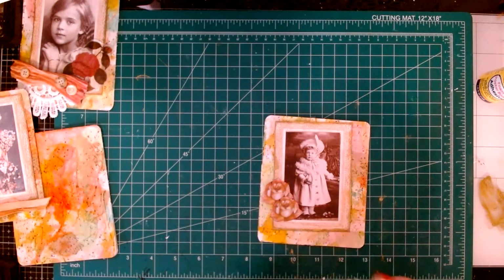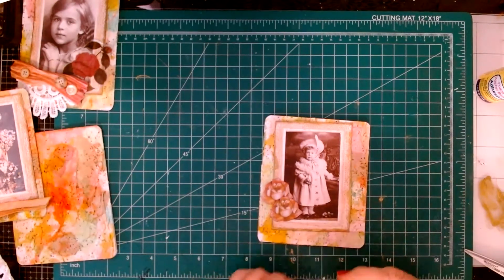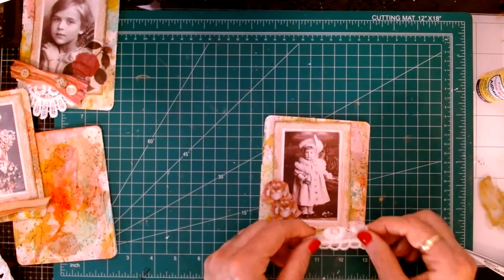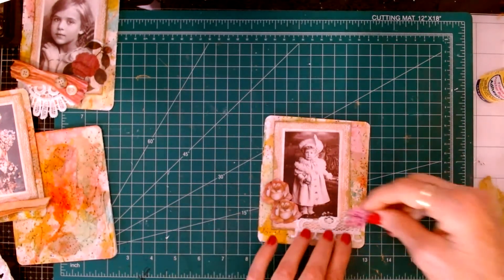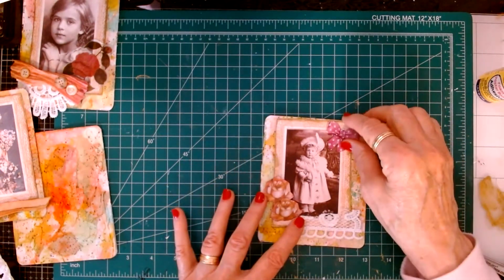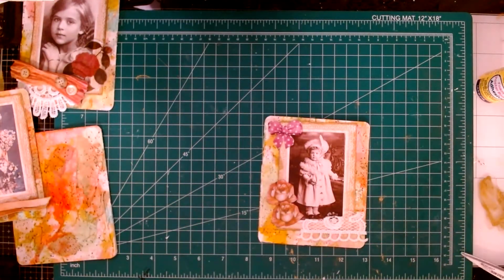And then we'll get some kind of lace on here. Maybe I'll use this bottom. That's really pretty. I don't know which is, I guess that's the, and what else can I put there for her? I have this pink bow. I could put the bow up there. Oh, that looks pretty. That looks nice. And here's a little bit of